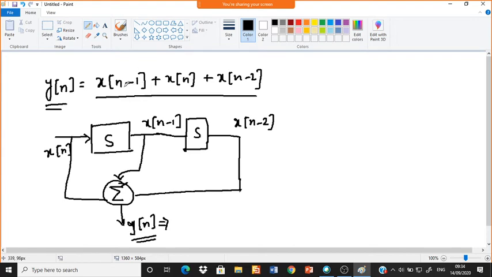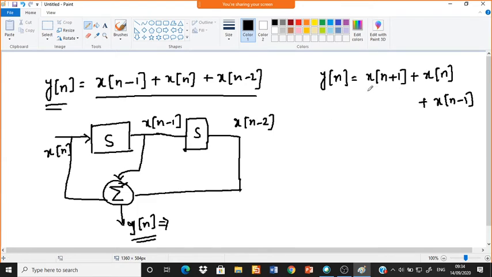which is n minus 1, and in a similar way if you take y of n, which is n plus 1. If you take another example, x of n plus 1, if the signal possesses this n plus 1, then how can we write it as a shifted signal? So x of n plus 1, x of n, and x of n minus 1. Now how can this signal be viewed?